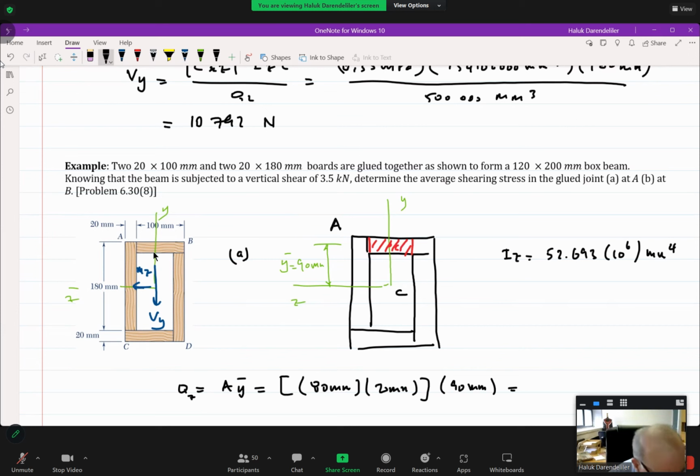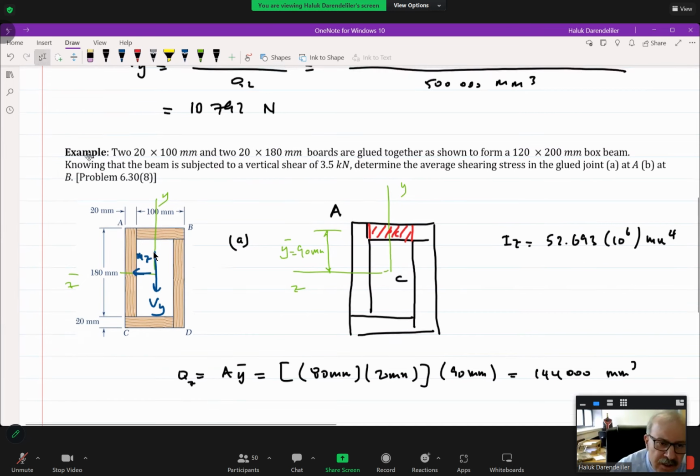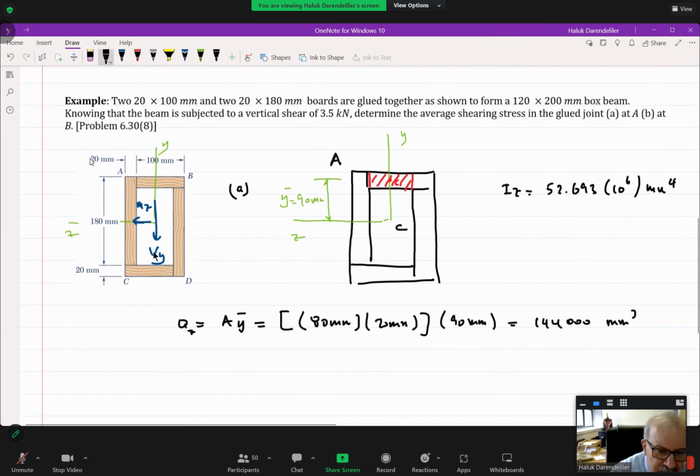Okay. 144,000. Okay. Now, the next question is, what is T here? T is equal to, yes, again, 2 times 20. 20 millimeters. So it is equal to 40 millimeters. Now from here,